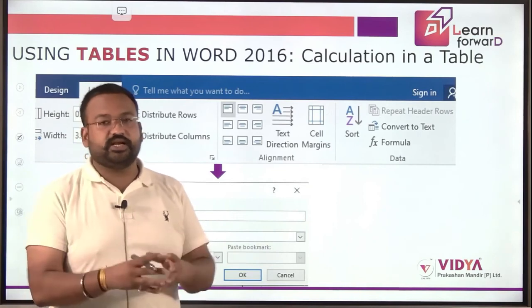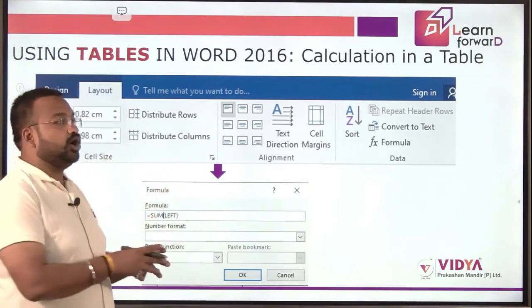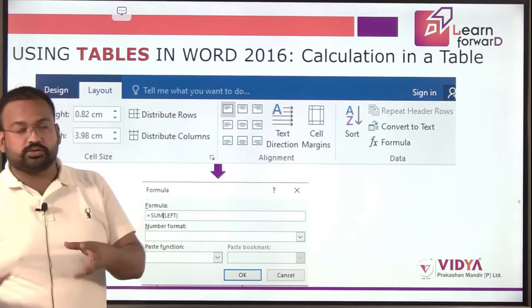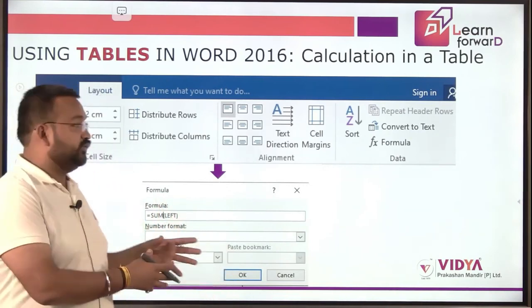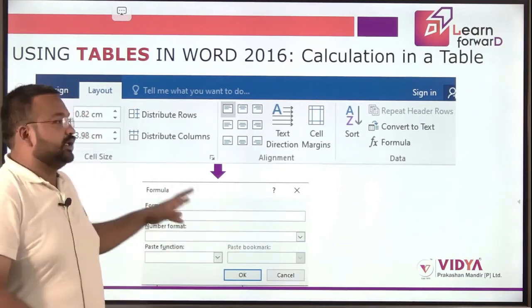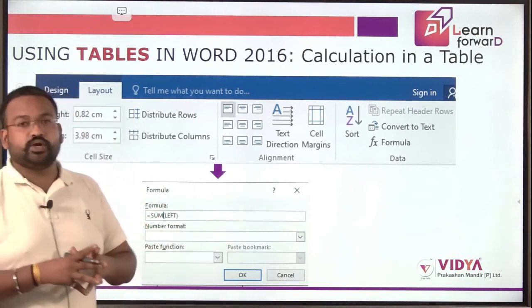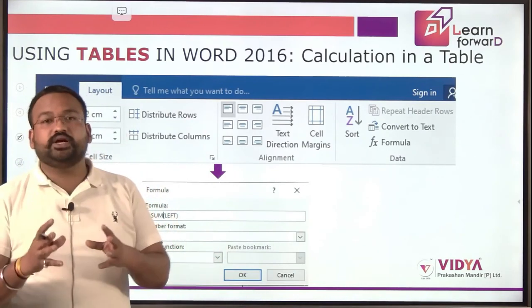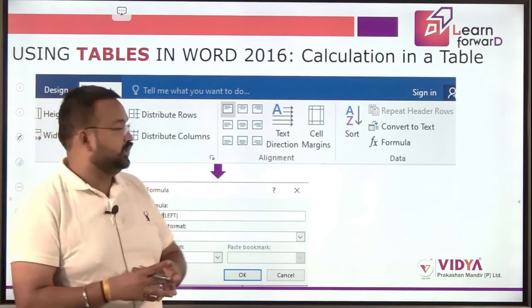So you should understand how we can create the rows and how we can create a particular table. Suppose we want to add multiple rows, delete some columns, or merge some columns, all this stuff we can do. If you have missed this session, you can go to the Learn Forward app, and there you will see the recording, and you will get some tips and tricks as well.